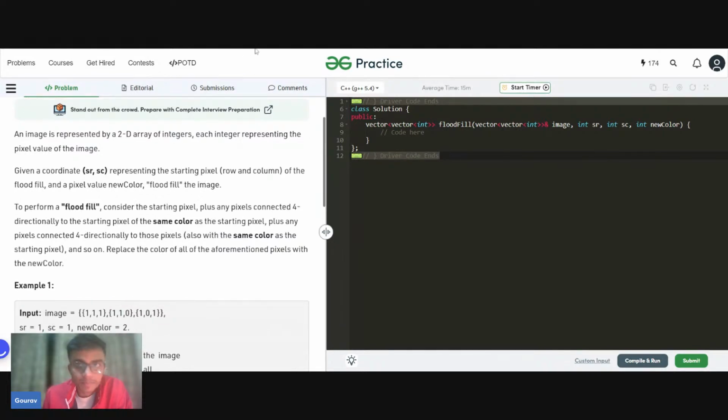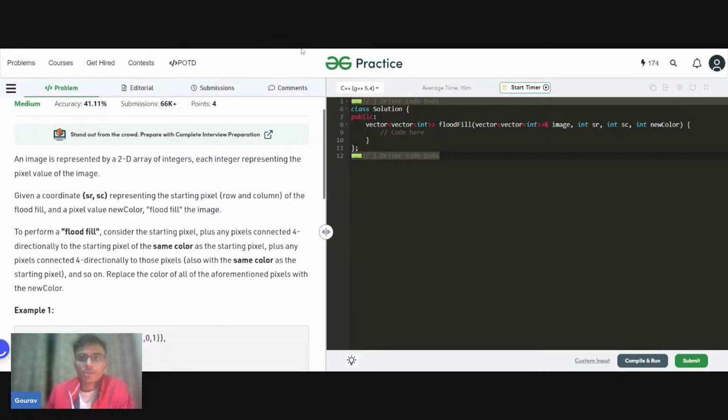How is this working? Let us see what the question is trying to say, and we'll proceed then.